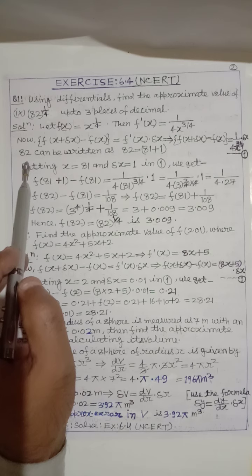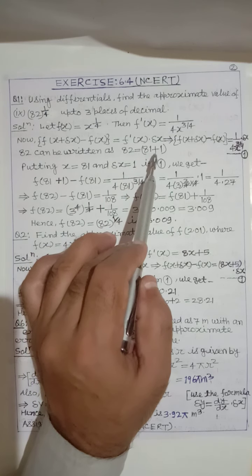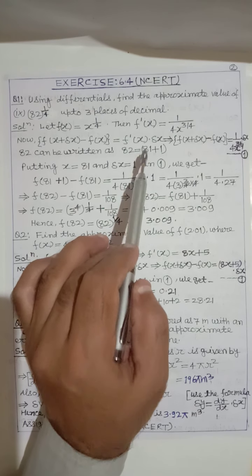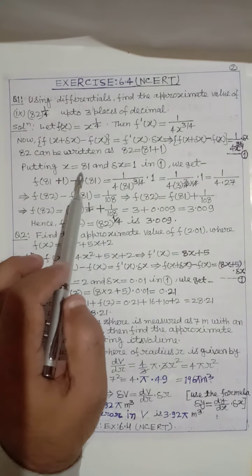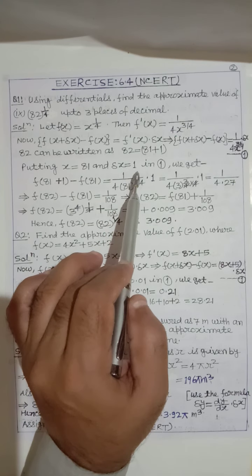Dear students, 82 can be written as 81 plus 1, and we suppose that x is equal to 81 and del x equal to 1,